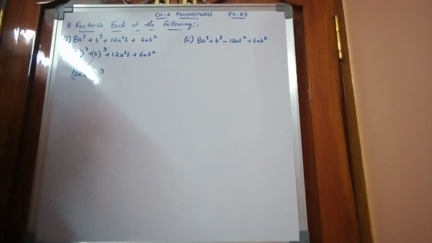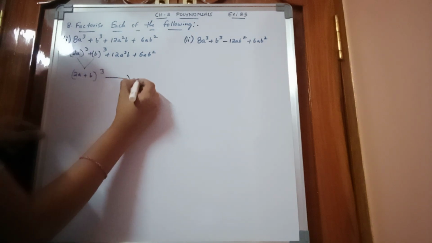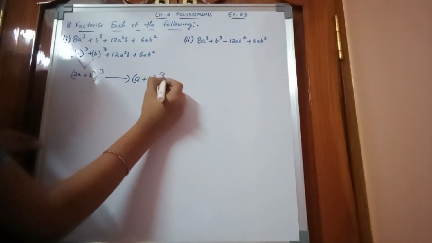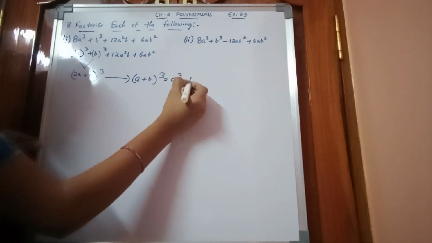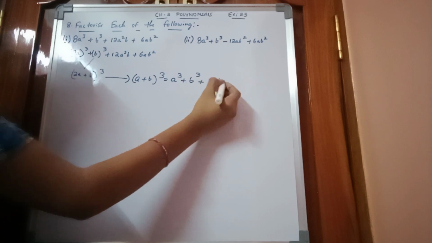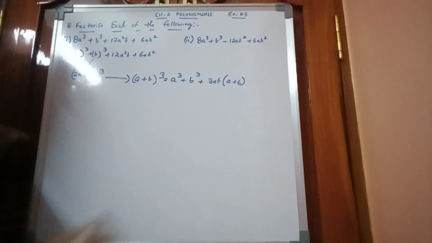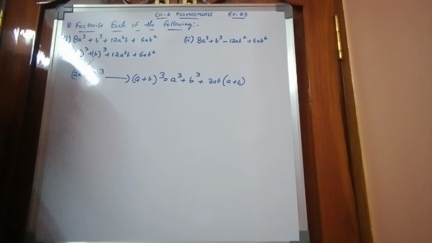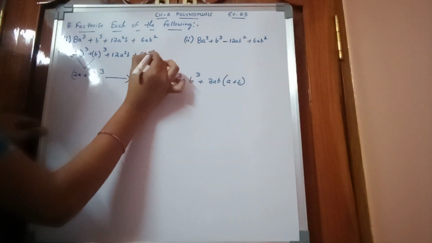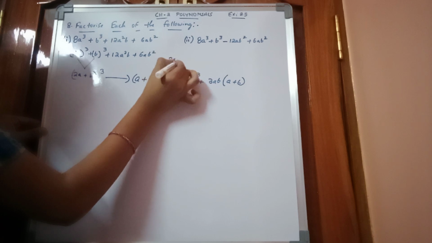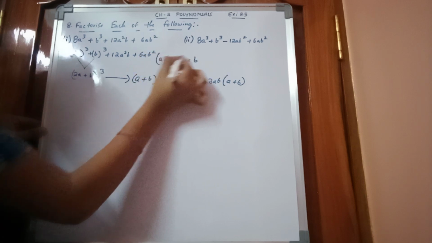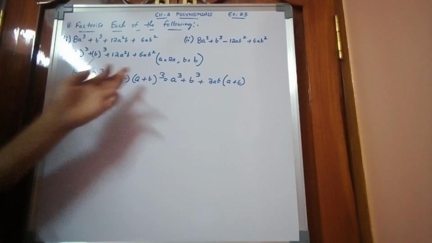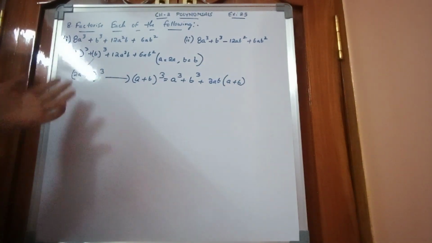Now think, when you get this in your mind, it is in the form (a plus b) whole cube. Now (a plus b) whole cube is equal to a cube plus b cube plus 3ab of (a plus b). So now we have to substitute in this form. To substitute, we take a equals 2a and b equals b. So keep this in brackets for better understanding. If you understand better, there is no need to write this. Now come to the substitution.